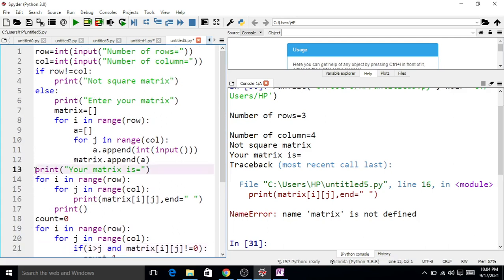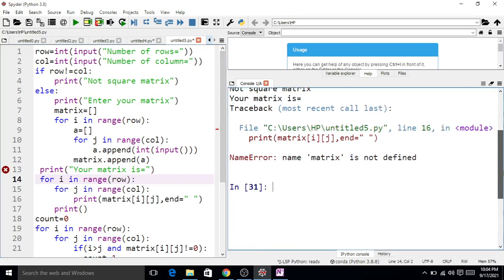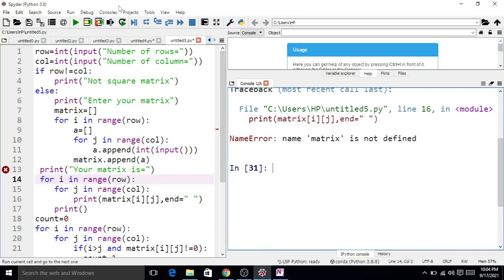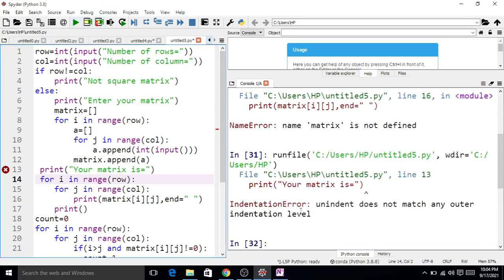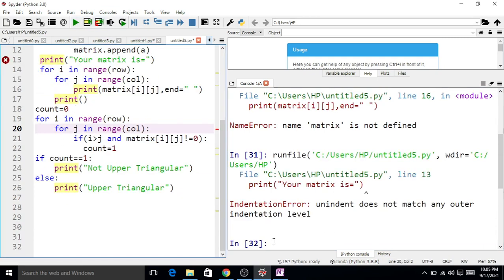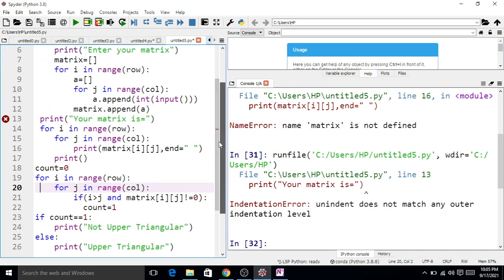Okay, it's one error, one indentation level, since we want it in the else block.